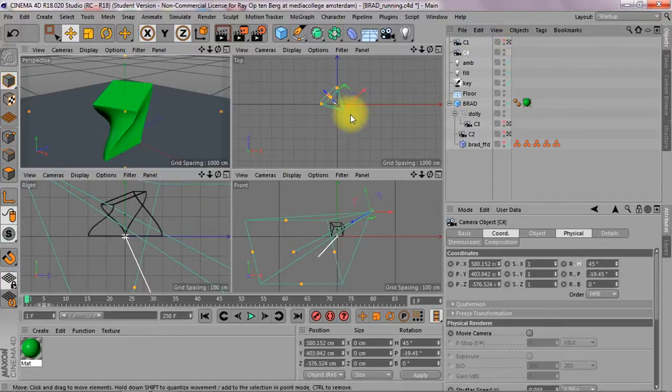Now this camera is sitting still. What I want to do is follow Brad, but leave the camera in the spot where it is. So let's see, I'm just going to keyframe the H and the pitch. The pitch is how it's tilted up or down, and I'm going to go to the